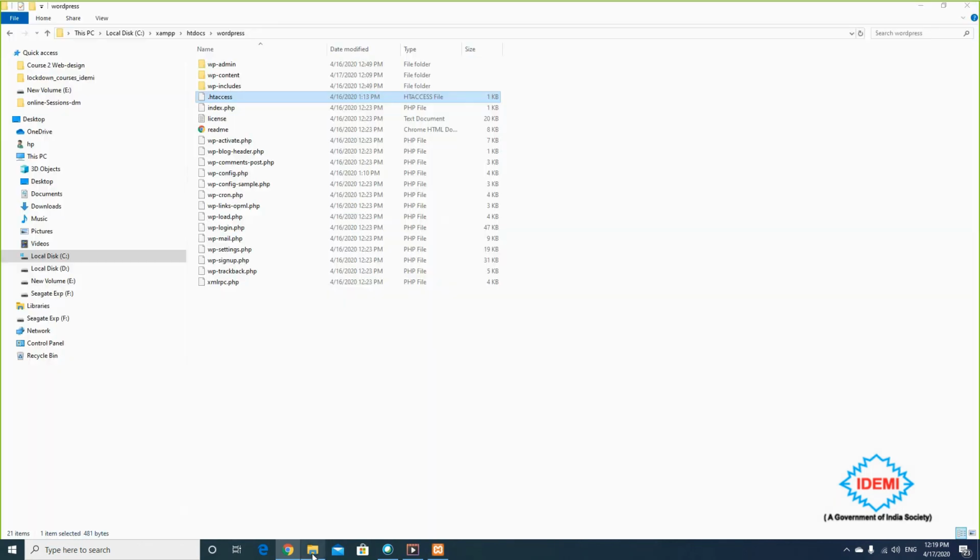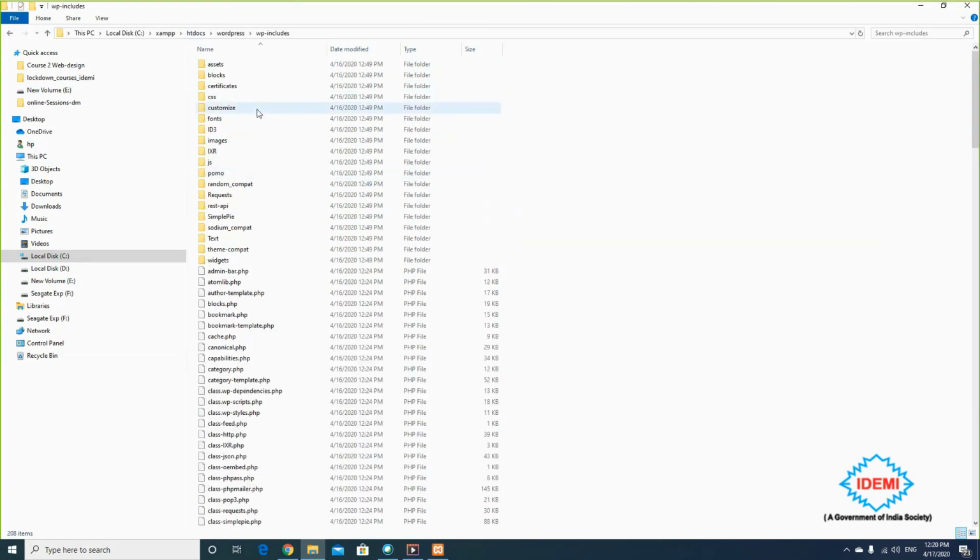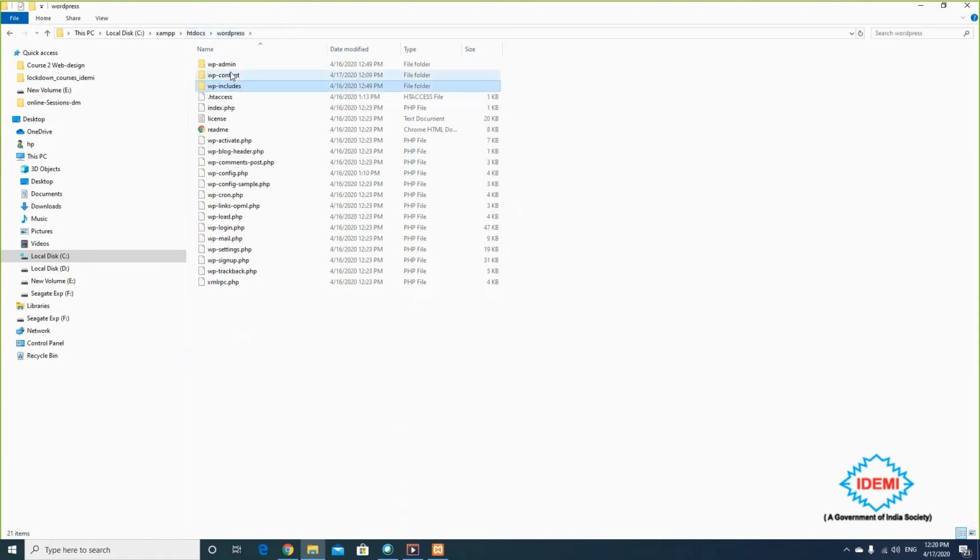Once I go to wp-content in WordPress, it will create one more content folder here, and that is uploads.